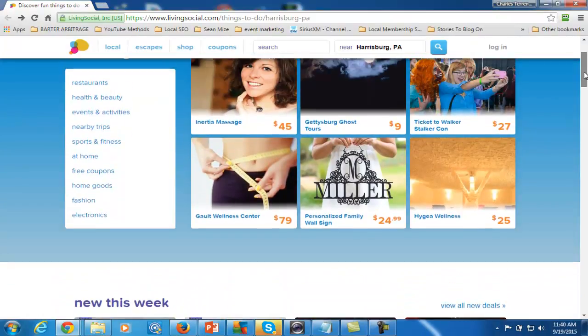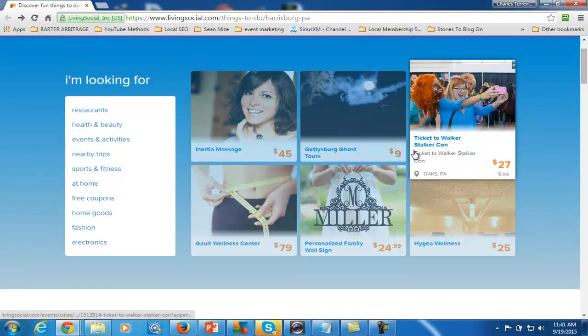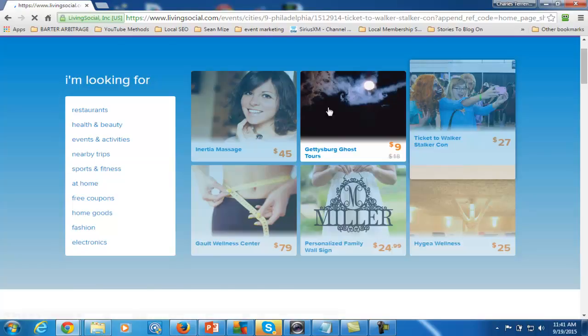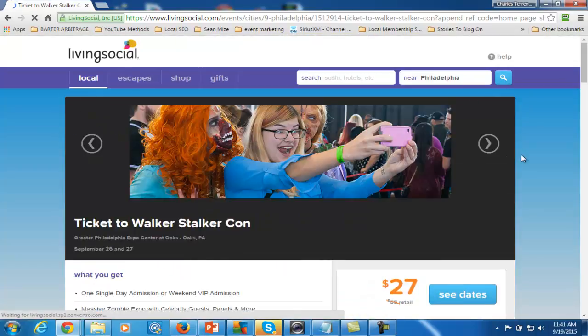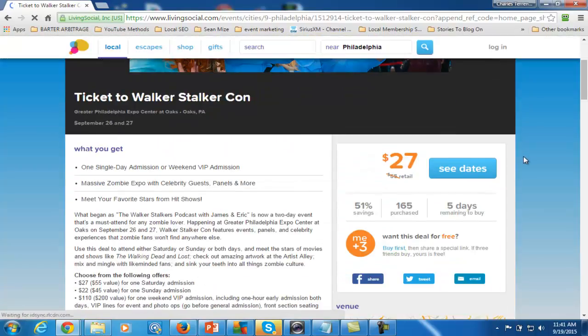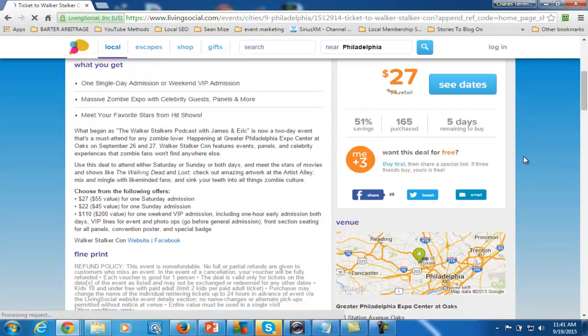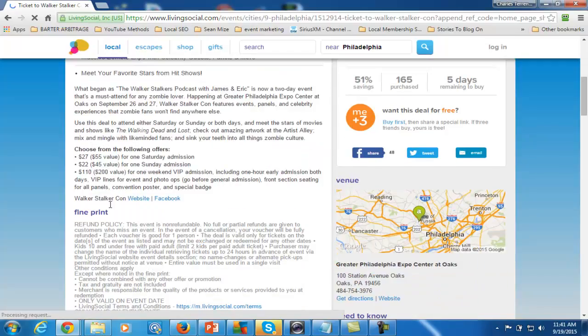Now, one of the things you're going to notice, I'm going to take a look at this listing. If we click on that listing inside of Living Social, and all the deal sites are going to be like this, they're going to actually allow you to list something. And what you're going to find here is that you have a couple of things. Of course, you have your website, and then you're going to be able to send people to a Facebook page. Now, when you send people to this website,